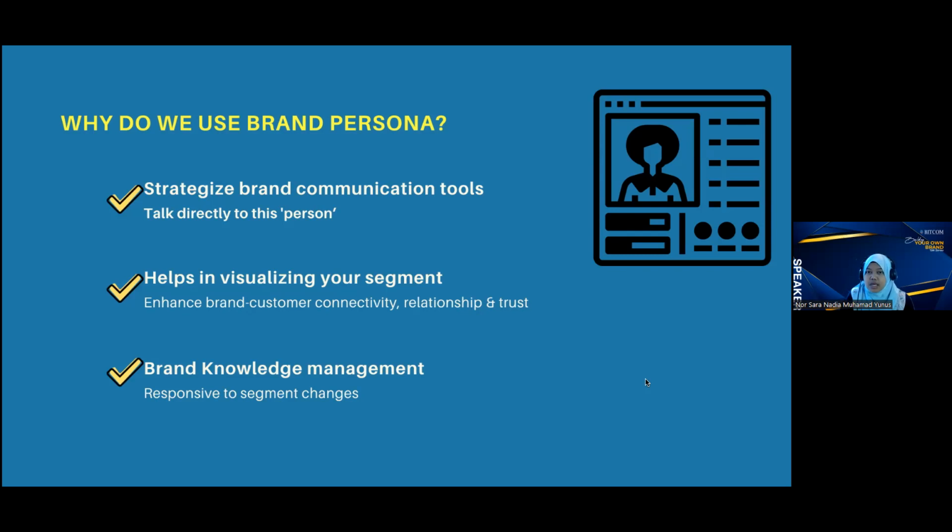Because the personas or the group of segment that we develop and we target will not be for a long time. There are possibility that they will change one day. Okay, so in case there is a segment changes in terms of their characteristic or they are moving to the next stage, for example, we can be proactive in responding to those segment changes. Sebab tu kena pakai brand persona. And for me, it is so simple because we know that we are talking to which group actually. Sebab tu kita go for, kita name our brand persona tadi tu.